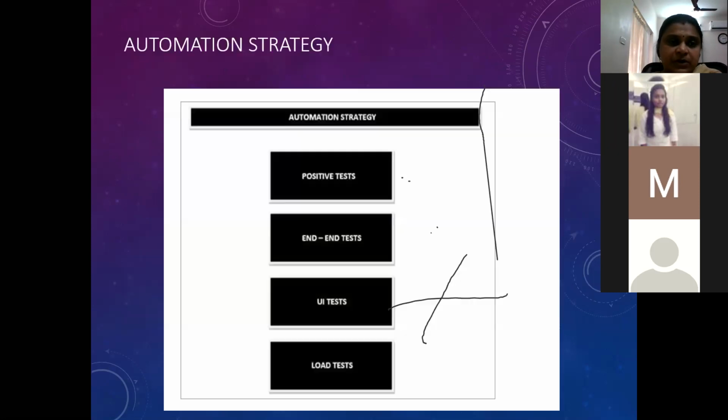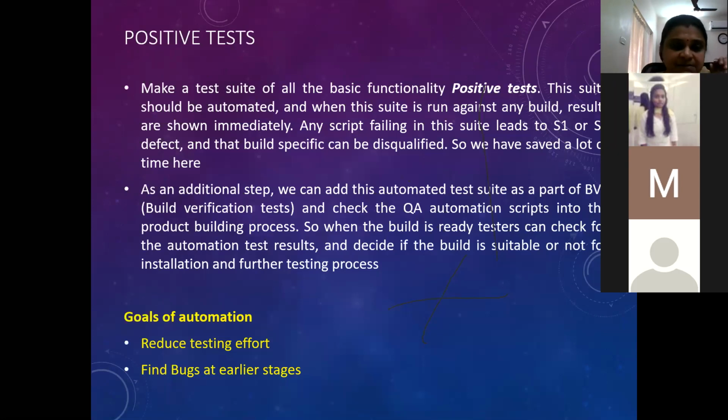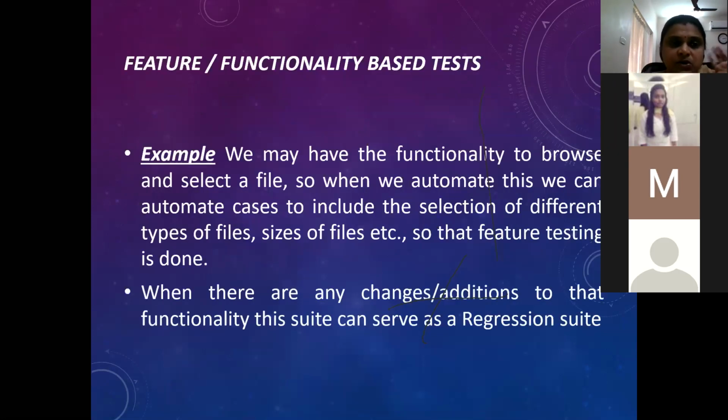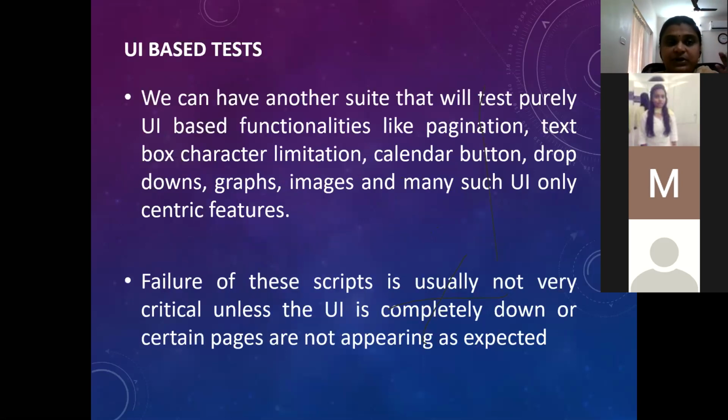Now, these things are what I'm talking about. I'm talking about these automation strategies. Now, we have the end-to-end test, and we have this UI test. So here we are talking about the functionality-based test. So you can automate all this. We were talking about, let's say, it requires you to select a particular file. There itself, you can have several functionalities. What type of file can be selected? What type of information can be attached? To that level, if you test, that is what we are talking about here. UI based. UI based is what? Every image, every radio button, every graph, every drop down box, everything should be tested.